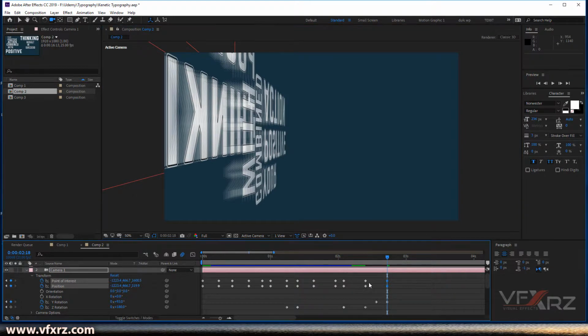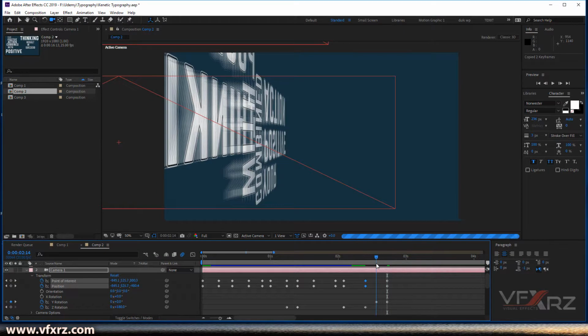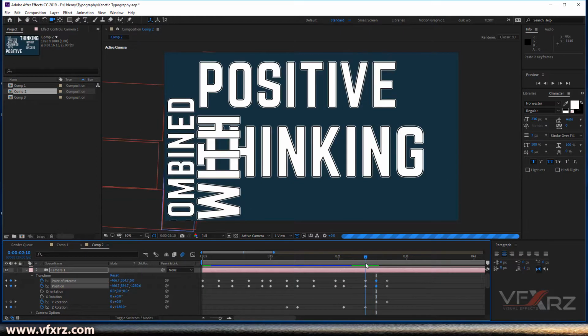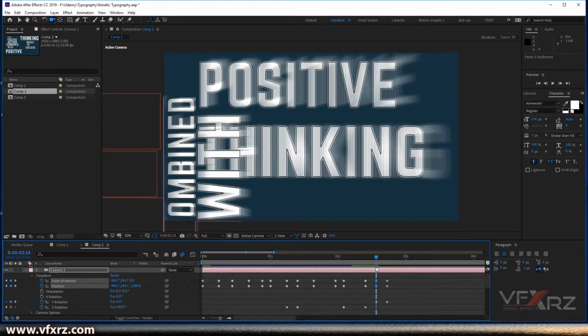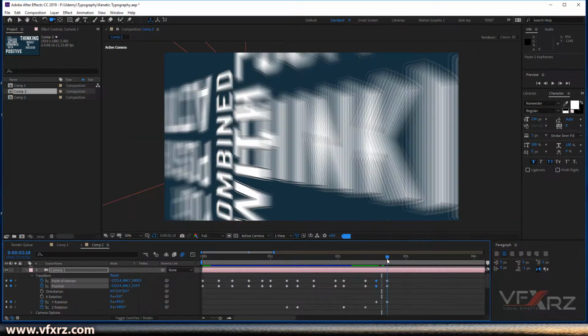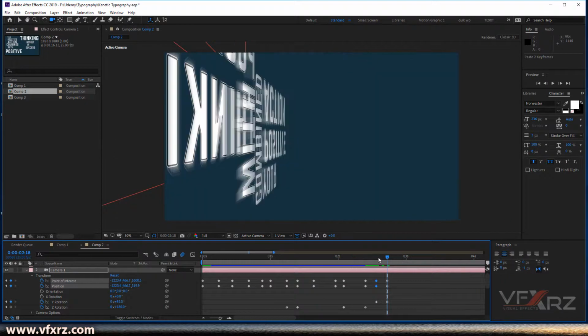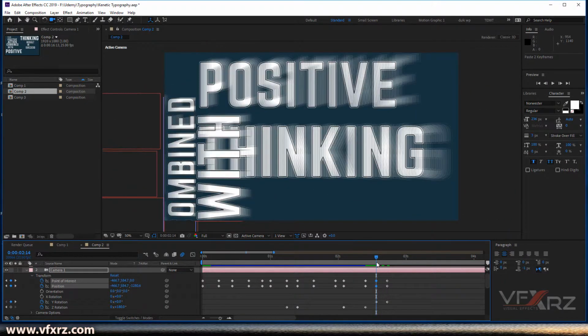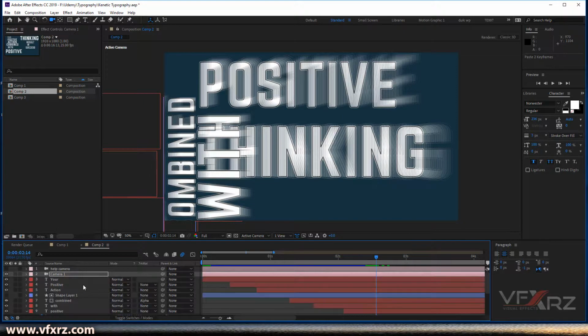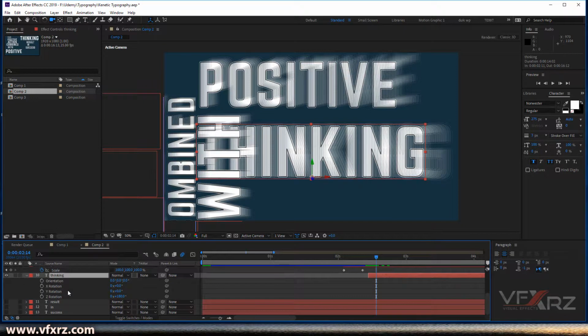That's really good. Just don't forget, we should copy these two keyframes for point of interest and position and paste it here, because here I want this to stay here, and then change this to here. Okay, and from here,